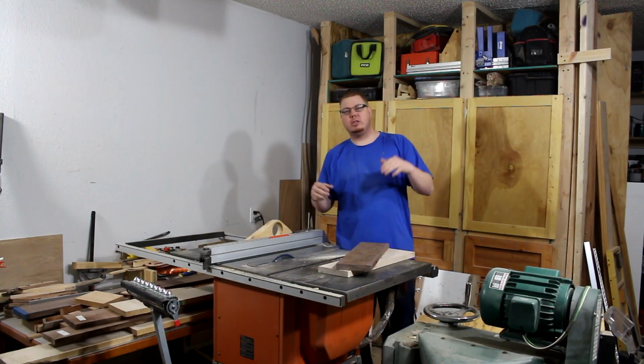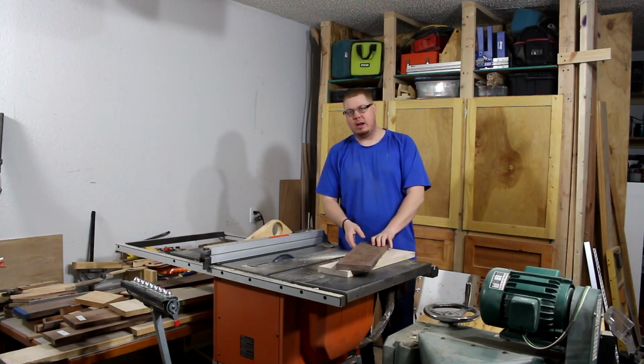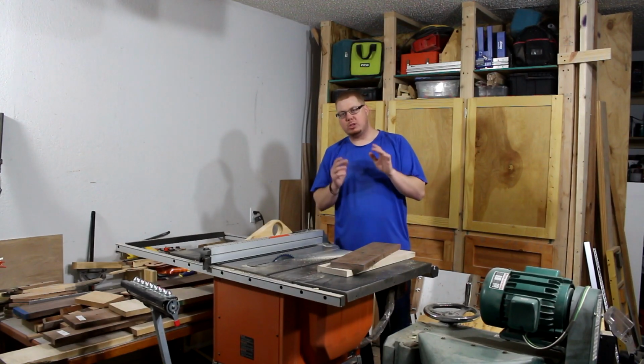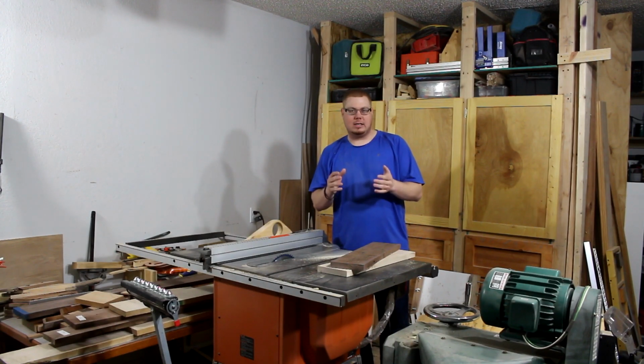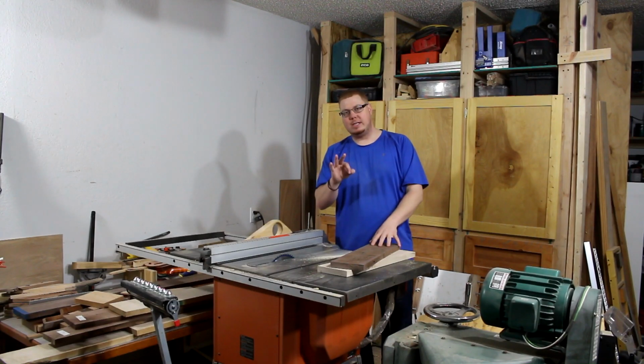And maybe you want more than just a plain Jane cutting board that's the same wood, and you don't want side grain or edge grain, you want an end grain cutting board. So I'm going to show you how today you can make a simple cutting board that is end grain and has a decent looking design that isn't that challenging, and it's only going to take 3 sizes of these